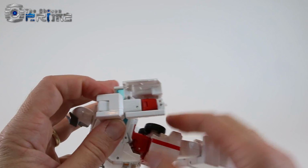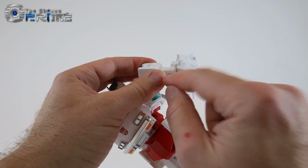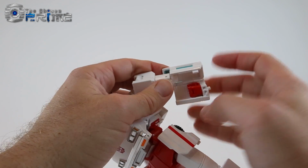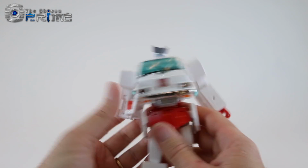Come to a hand here, and what you want to do is go ahead and slide out and kind of fold out this hand like this. There's a hinge here you want to kind of extend. Push this flap down, rotate the fist out, and then it'll all peg together, and that'll make his